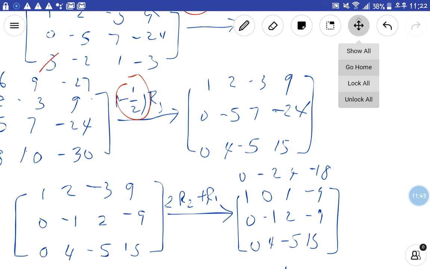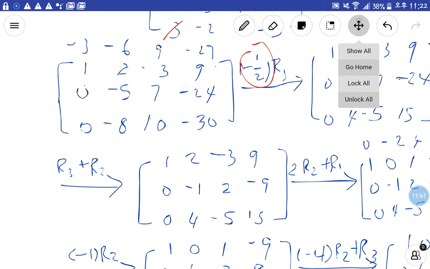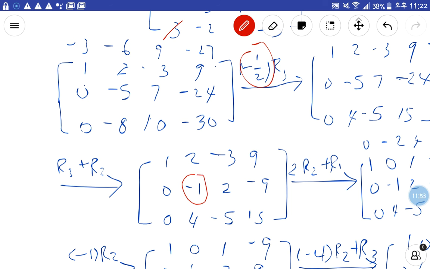Now what? You're going to add third row into second row so that you can make negative 1. That's good, because if you add this one,